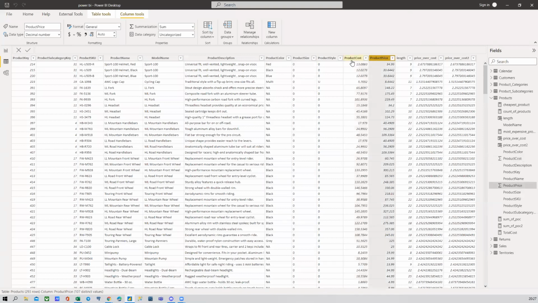But after doing it, you don't want to store it here. You don't want to create it as a calculated column, because for you to store it here, it needs to be created as a calculated column. Then you would create another measure that will sum it all up. So instead of doing that,